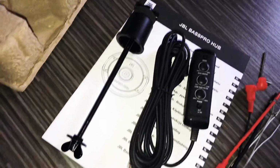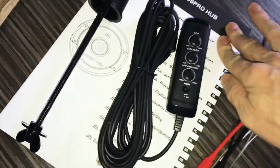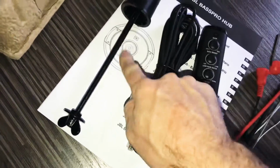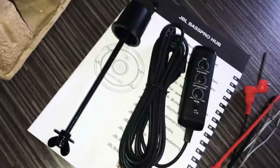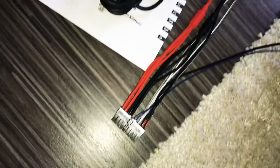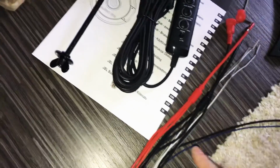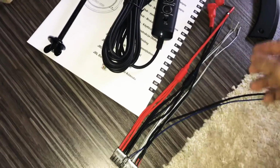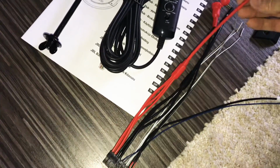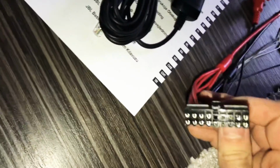We'll try it on a Passat B6. We'll make a video once I fit it later. So you got instructions, screw, remote, power cables, but it doesn't come with a cable that actually goes from the battery till here, so you have to buy a subwoofer kit with a cable that you'll have to solder to this. Basically, you got a plug in here, you got